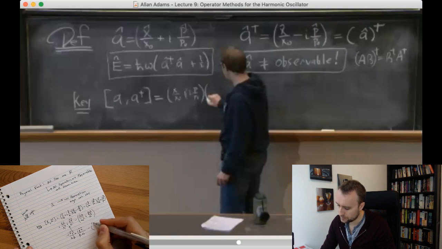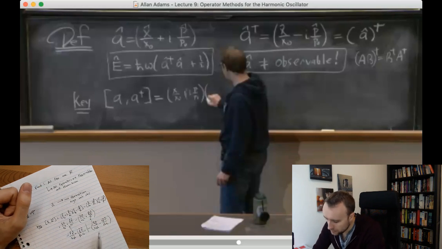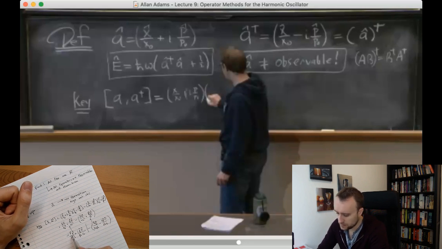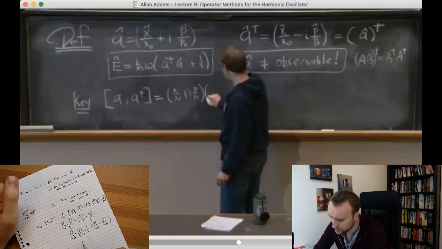minus, and then this is x hat I x hat p hat x0 p0, and then this is minus p hat x hat p0 x0. And then these are the commutator of this is I h bar. No, I think it's I h bar. So let's just convert these all to I h bar. So these all cancel, and then we get left with